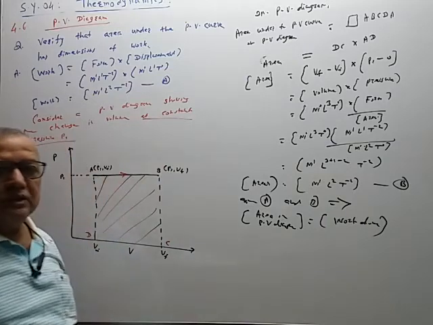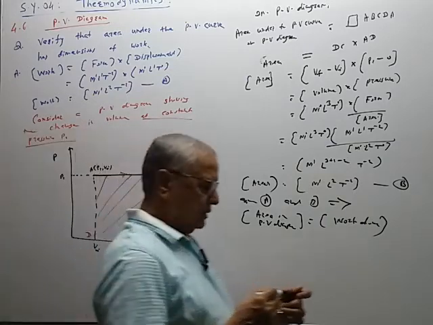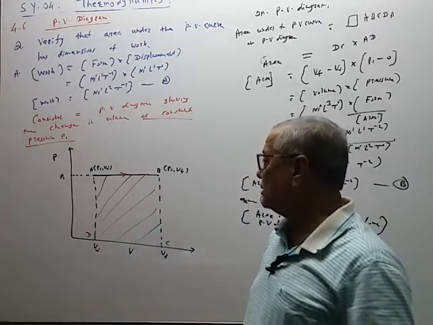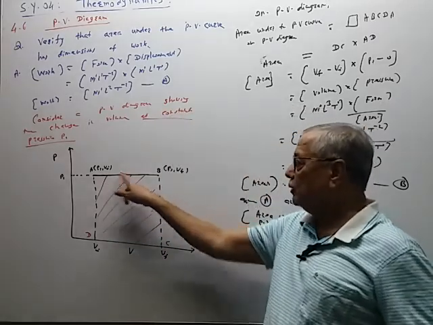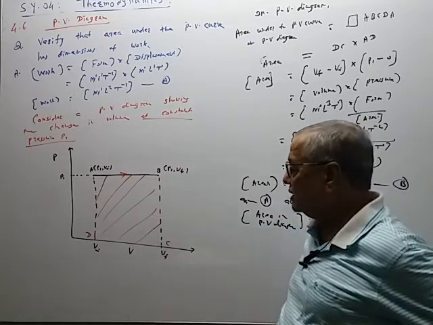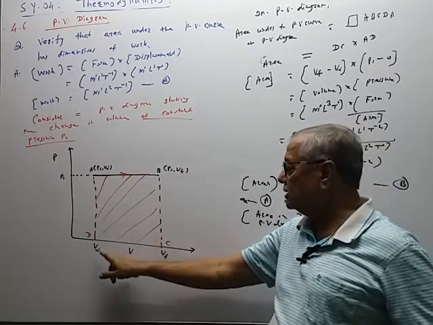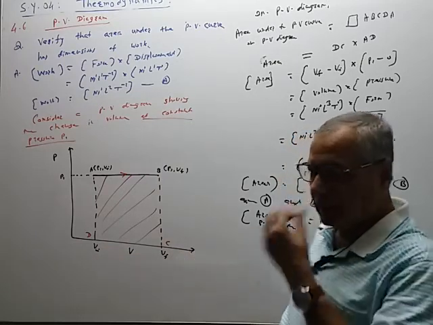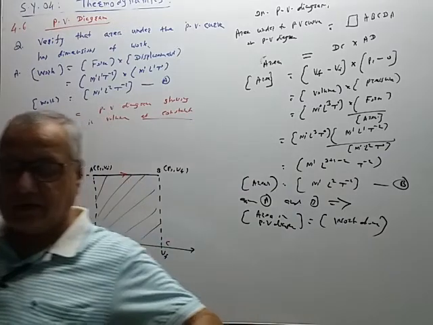So we are using this result so many times. So work done may be positive, may be negative, it depends upon the arrow. Volume expansion, work done is positive, volume compression, this work done is negative. So for compression, this Vi will be more than Vf, like this. And therefore we get this type of variation.